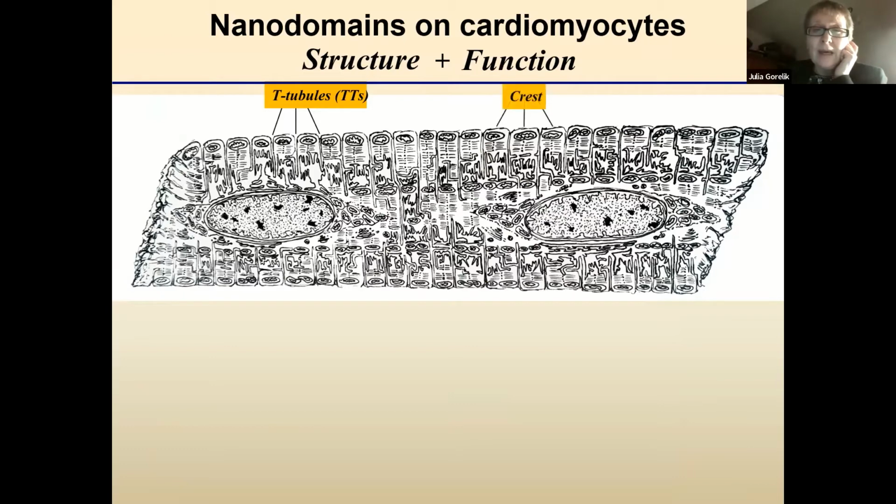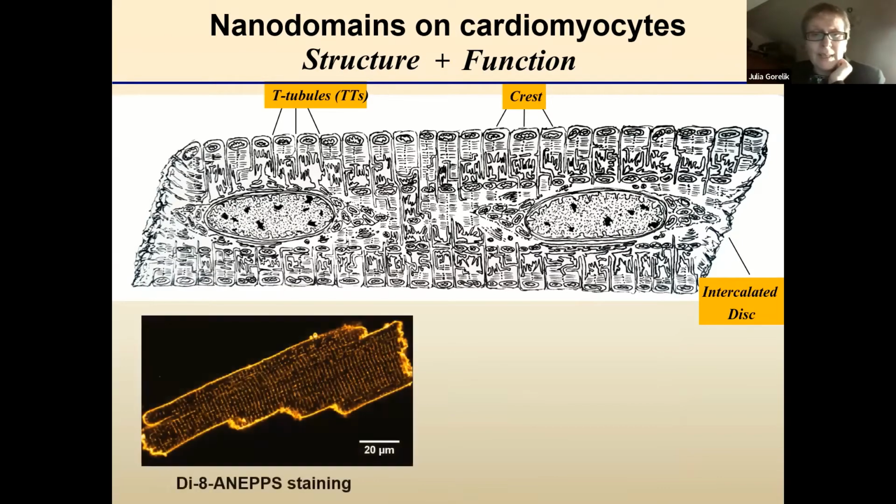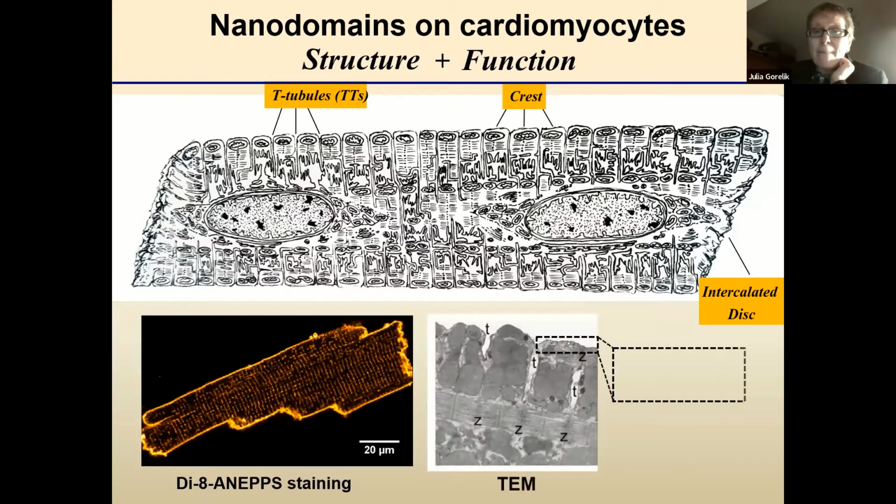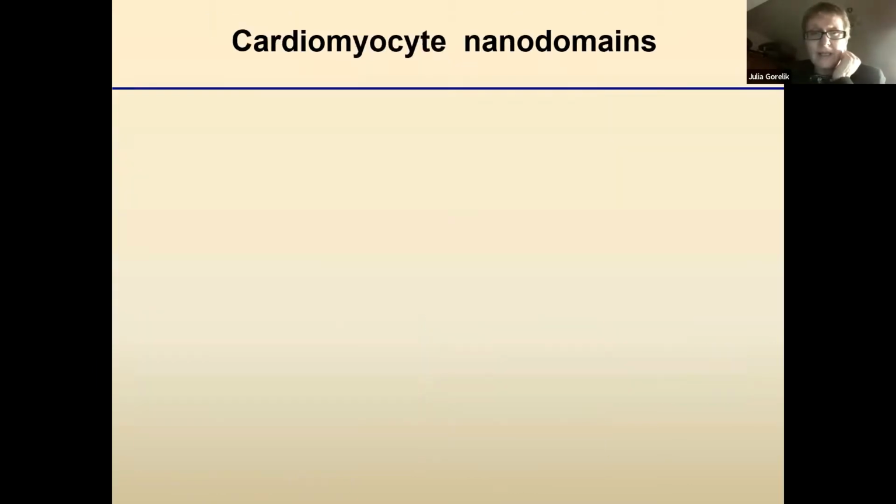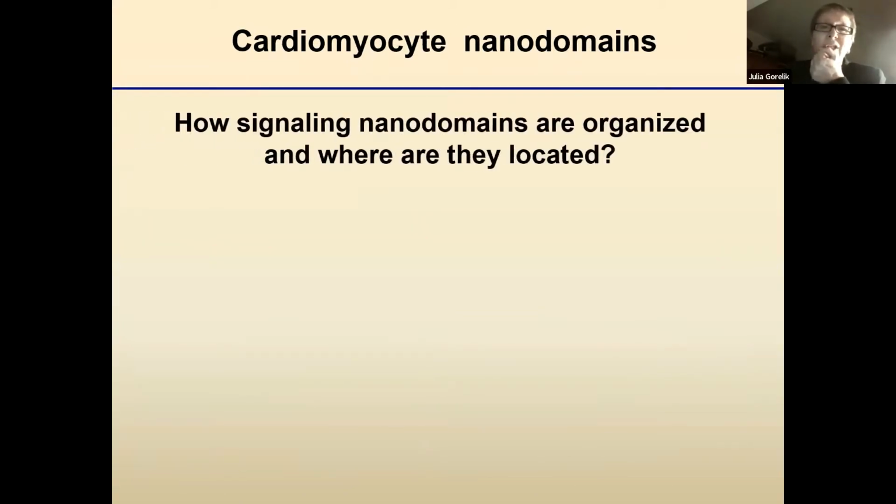We name the distance between the tubules as a crest area. Also, we can resolve the intercalated discs of cardiomyocytes and the membrane invaginations, as I already told you, the caveolae-like structures. So we are trying to answer the questions: how are the signal nanodomains organized and where are they